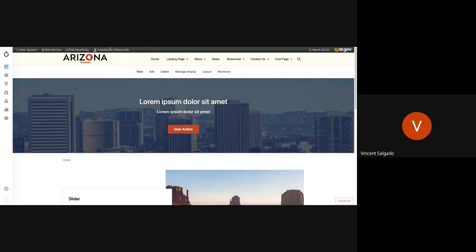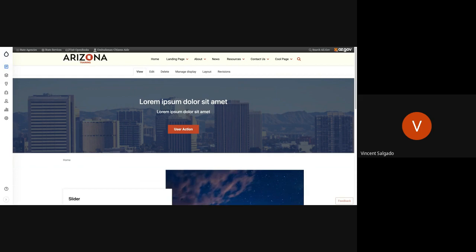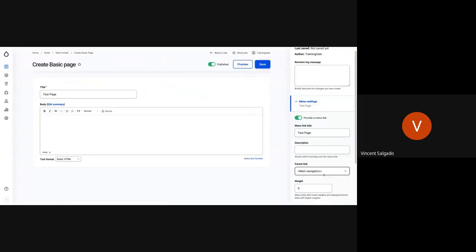Now, let me switch back here. If I want this to be under the About section, let's say I wanted the test page to be under About, I would select About to be the parent menu. So now when I go ahead and click save on this one,